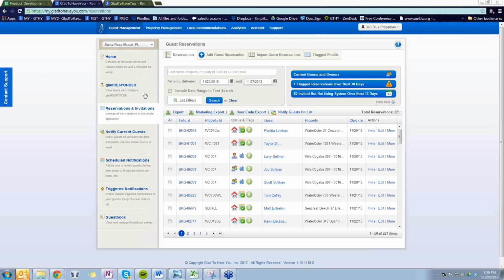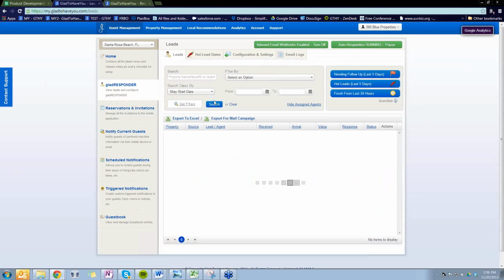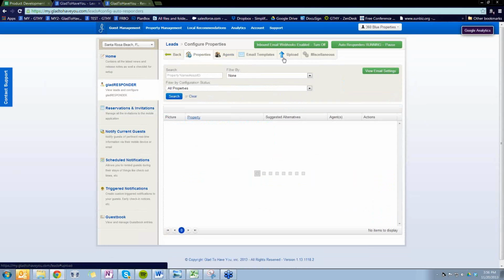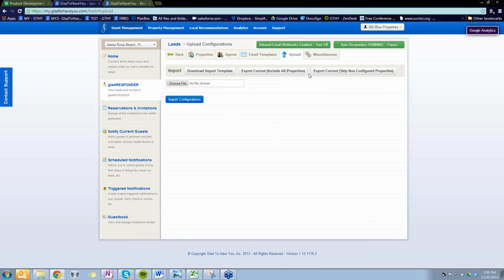Okay, one question was, could you go over the purpose of the export current property skip non-configured? Sure. If we go back to configurations and settings, uploads, you have three options here to export template. First, you can download just a blank template. Second, you can export all of your properties into a template. And then third,